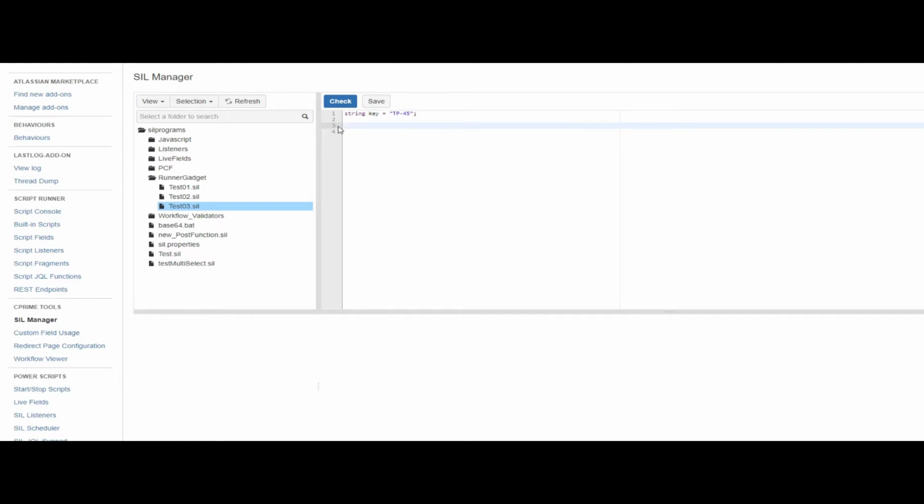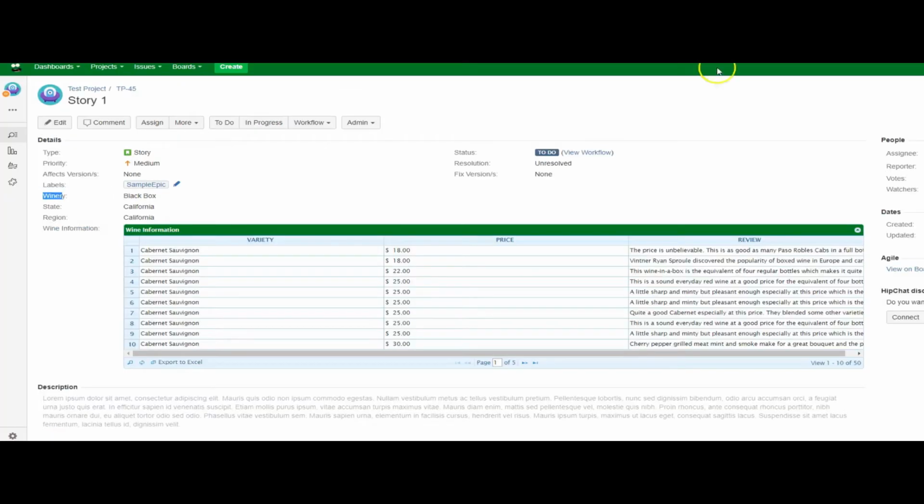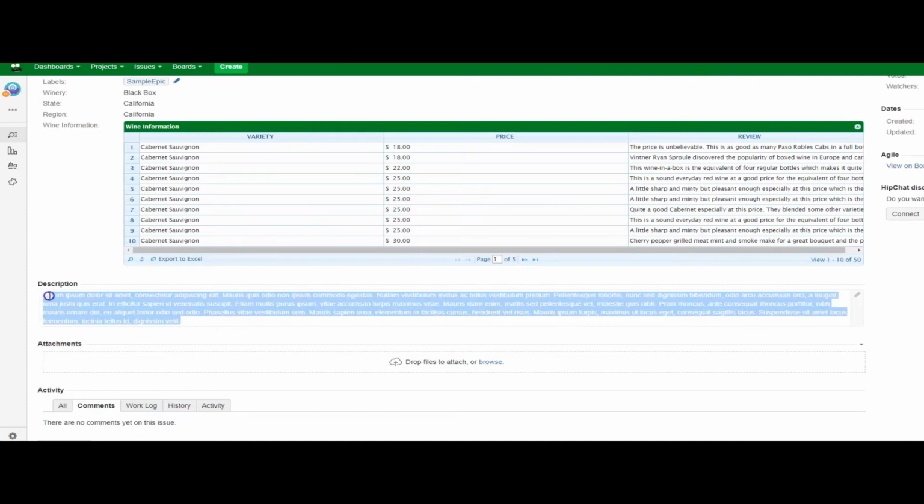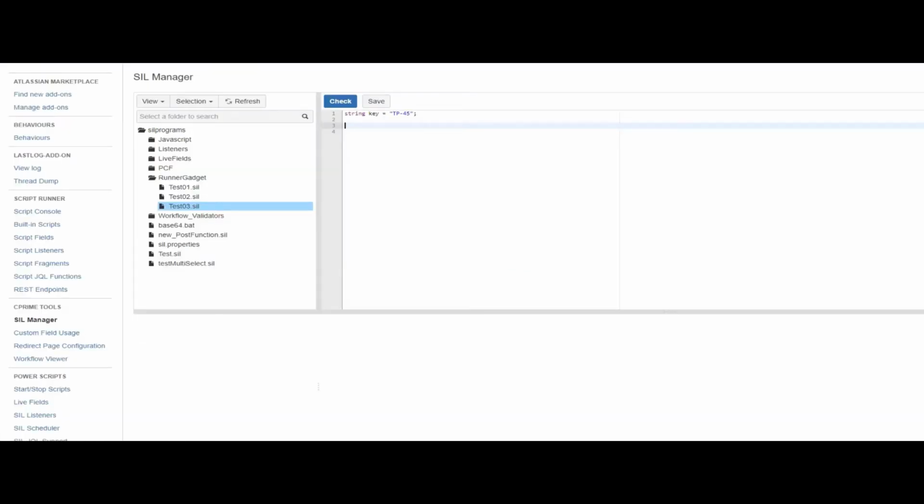So let's say I wanted to change the description of TP45 to something else. So if I jump over to that, you can see what it is right now. And I'll just say